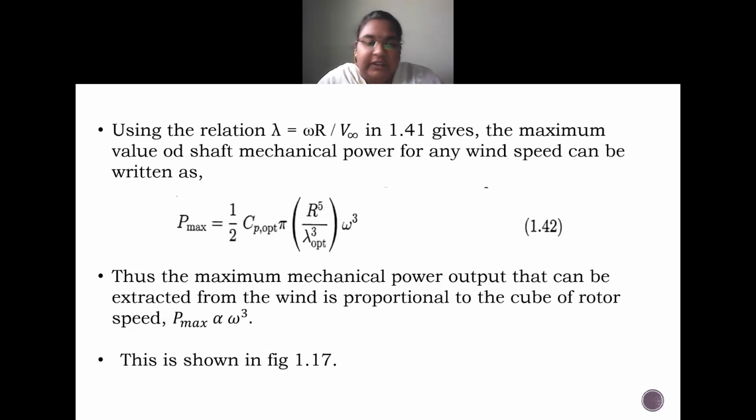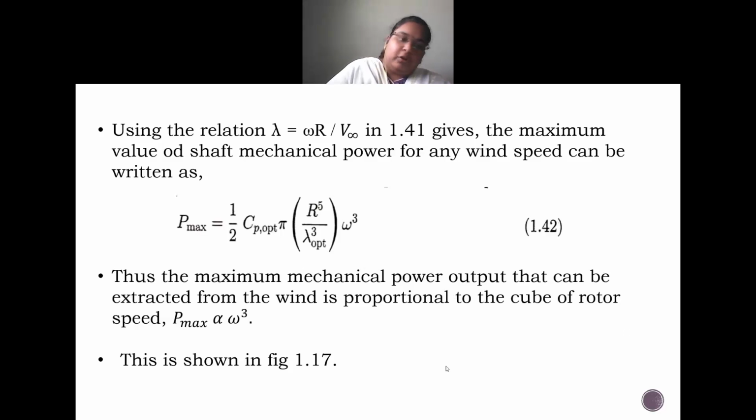He's just modifying the equation 1.14. Now, Pmax is equal to, just using the optimal values of Cp and the optimal value of tip speed ratio. He is just modifying the equation accordingly. Now, thus the maximum power output that can be extracted from wind is